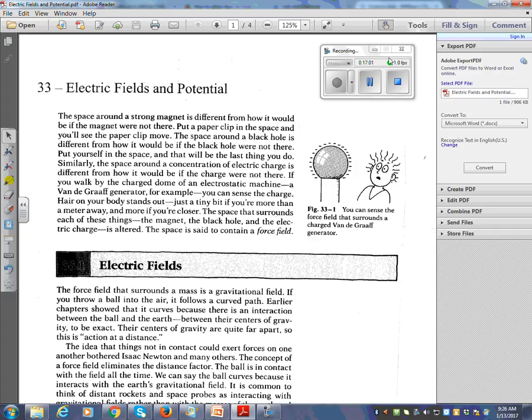The space around a strong magnet is different from how it would be if the magnet were not there. Put a paperclip in the space and you'll see the paperclip move. The space around a black hole is different from how it would be if the black hole were not there. Put yourself in that space and it'll be the last thing you do. Similarly, the space around a concentration of electric charge is different from how it would be if the charge were not there. If you walk by a charged dome of an electrostatic machine, a Van de Graaff generator,